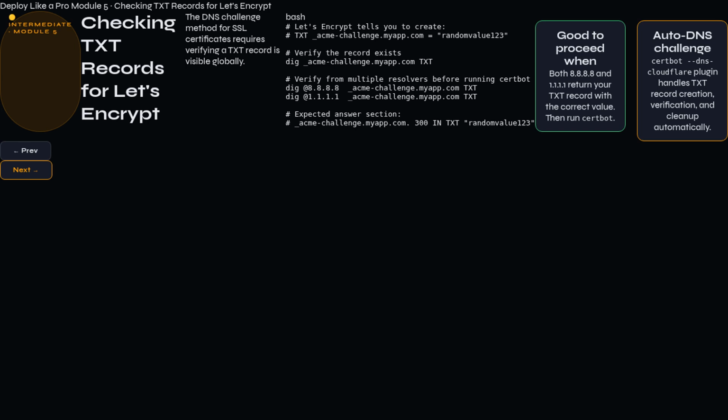The DNS challenge: Let's Encrypt tells you to create a TXT record at _acme-challenge.myap.com with a specific value. Let's Encrypt then queries this record from its own servers. If the value matches, it issues the certificate. Checking the TXT record,